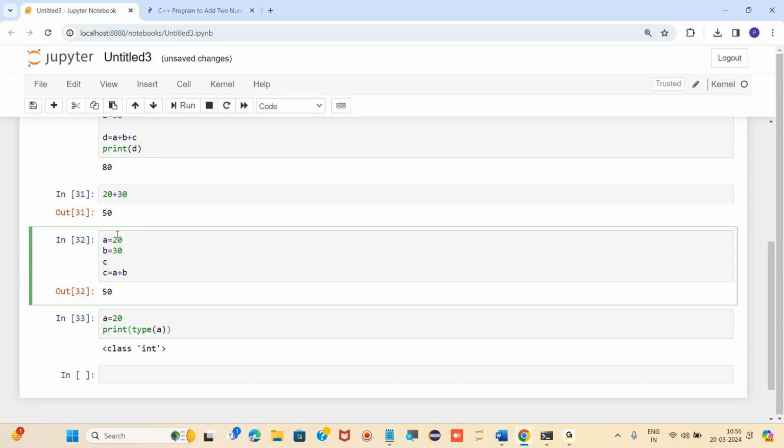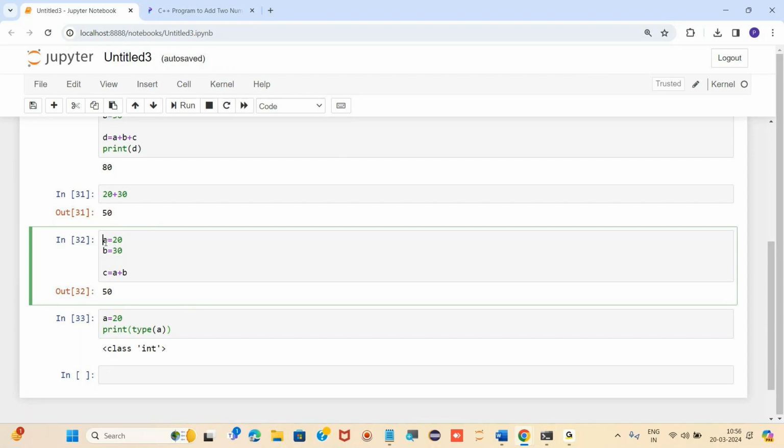So here, we are writing directly a is equals to 20. We do not need to give the acknowledgement to the compiler or the interpreter about what type of data we are using.